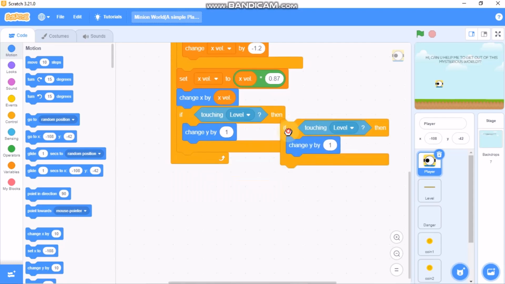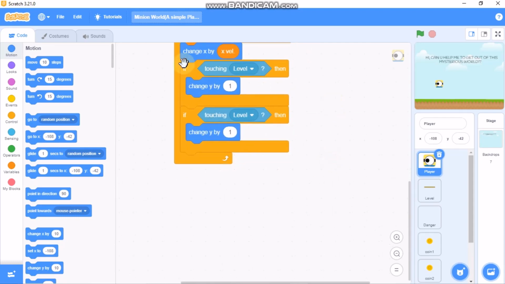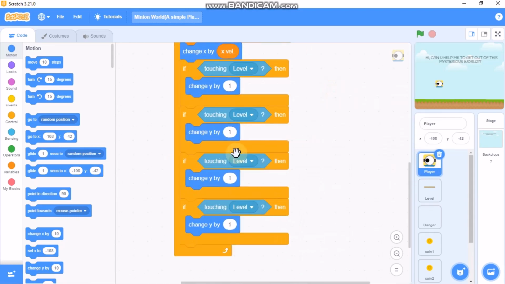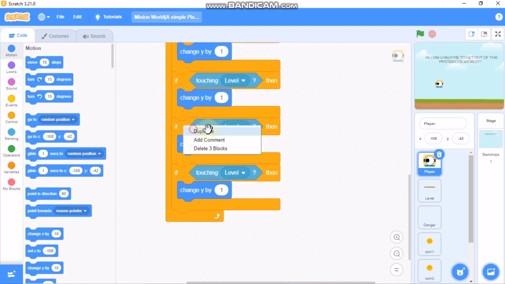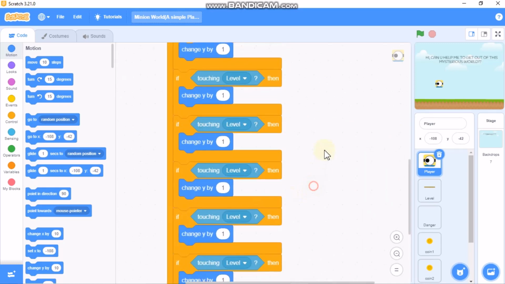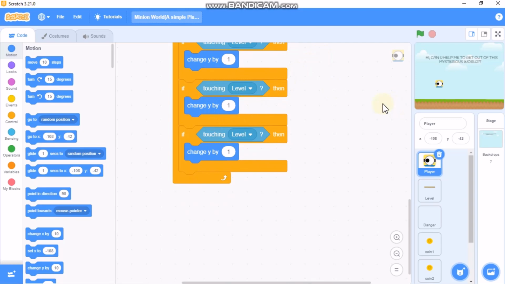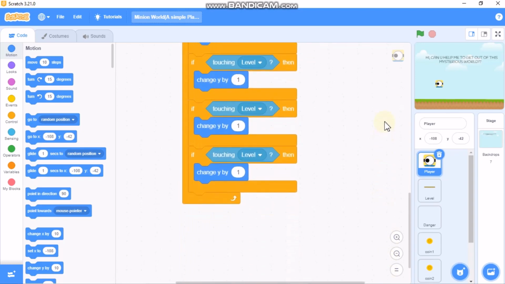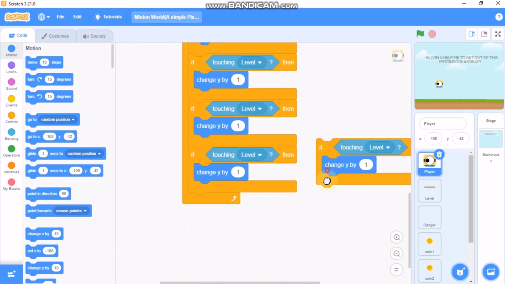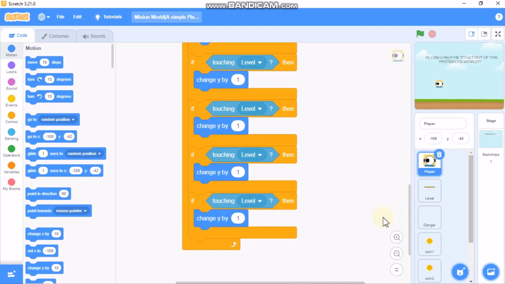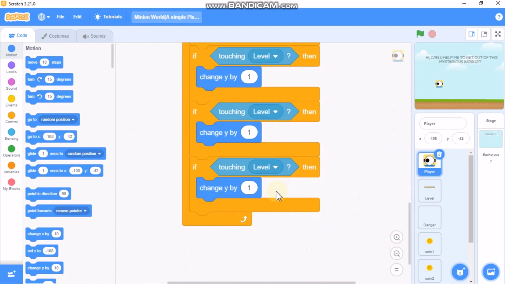So duplicate it 6 times. I duplicated it 6 times and duplicate once more, and if touching level, then we need to change our y by -6. So this is our slope detection,